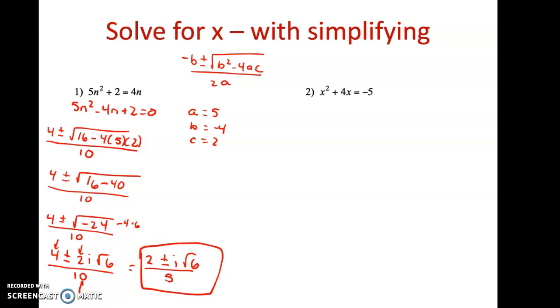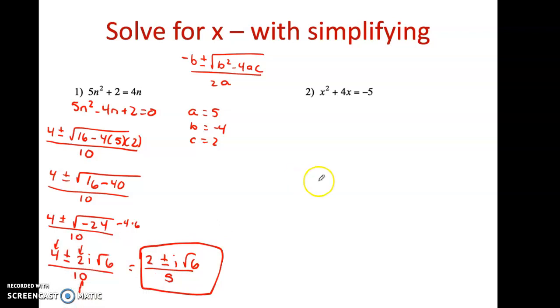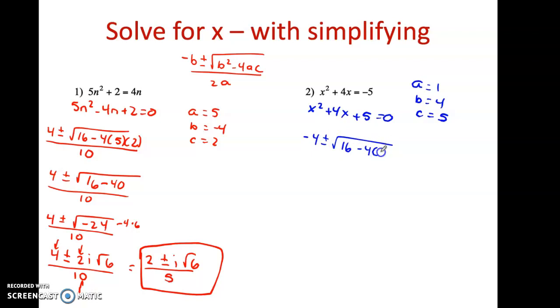We're going to do the next one, which again, you're welcome to pause it and try it, but I'm going to work on it for those of you who don't want to pause it. So again, put it in standard form, x squared plus 4x plus 5 equals 0. And again, up here, a equals 1, just to save a space, b equals 4, and c equals 5. So going back to this formula, negative b, negative 4, plus or minus the square root of b squared minus 4ac